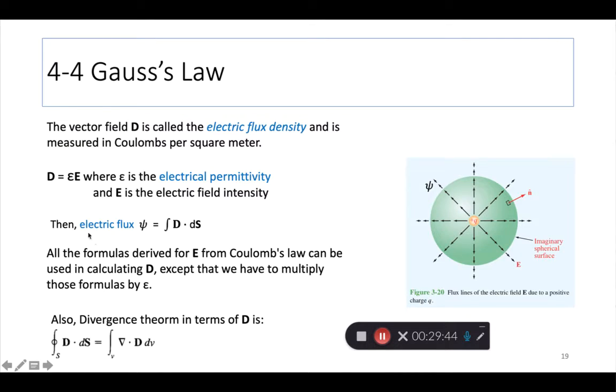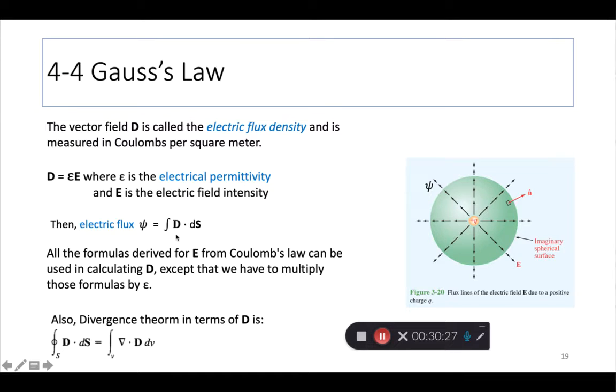Okay. Now, electric flux. So if D is a density, then to get electric flux, you have to integrate, because density just generally means something over square meters or cubic meters or something like that, right? Density means how much per unit area or per unit volume. To get the complete quantity, you then have to integrate over that surface or volume, right? So here we are talking about surfaces generally. Gauss's law only deals with surfaces. So the electric flux phi